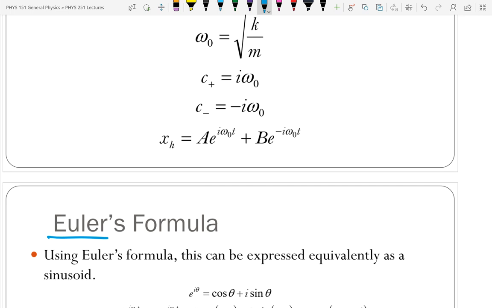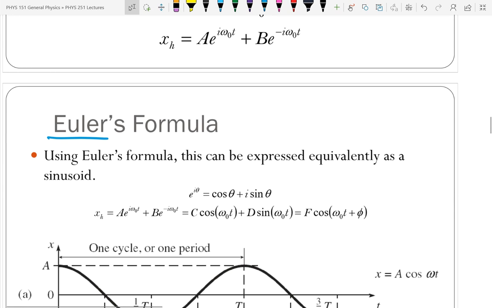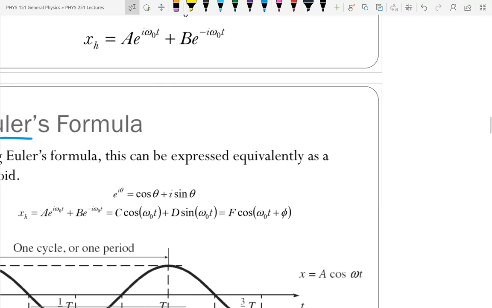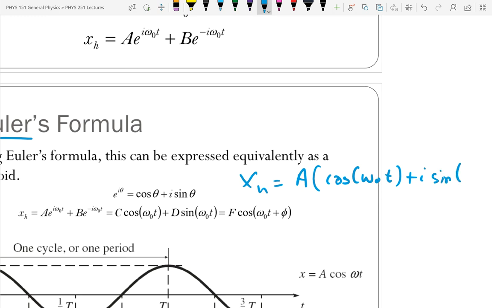Euler's formula is that e to the i theta can be broken up into a real part and an imaginary part. The real part is cosine theta. The imaginary part is i sine theta. So if we take our expression there, x h is equal to A e to, and so on, we could rewrite this as, and now I did some extra work in between. If we want to be technical here, we'd have x h is equal to A times cosine of omega 0 t plus i sine of omega 0 t